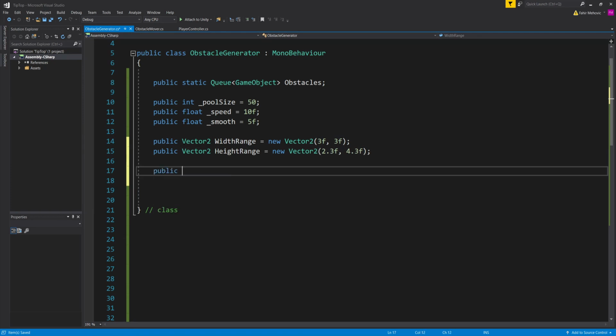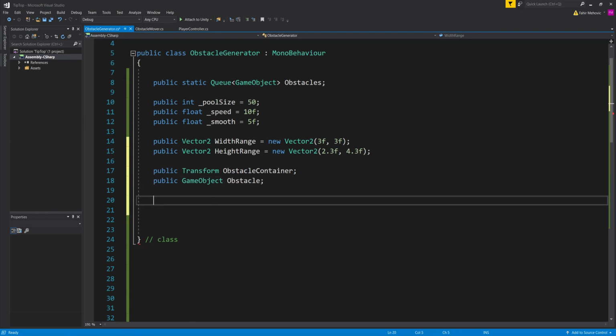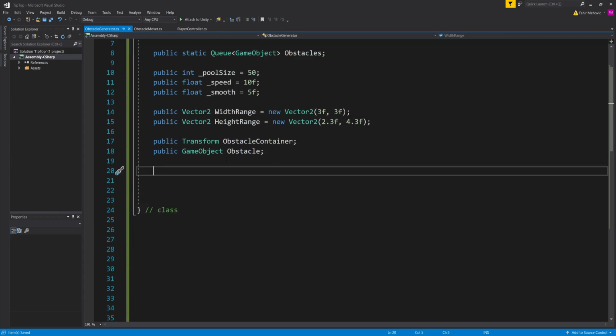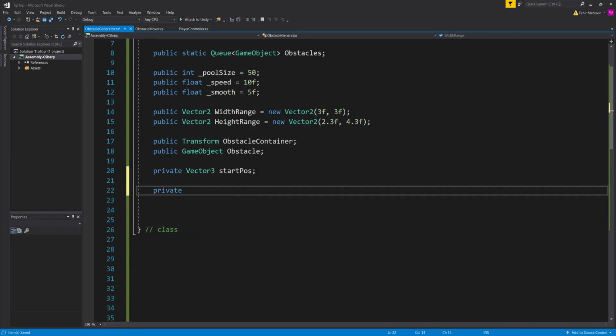Next, we're going to have a public Transform, which is going to be our obstacle container, and a public GameObject, which is going to be our obstacle clone, or basically the game object that we're going to use to create clones of it. Next, we're going to have a private Vector3, which is going to be our start position. Next, we are also going to have a private GameObject, which is going to be our top GameObject